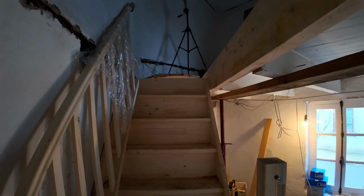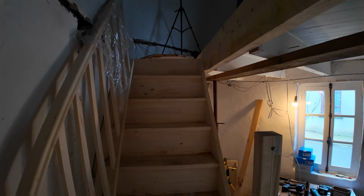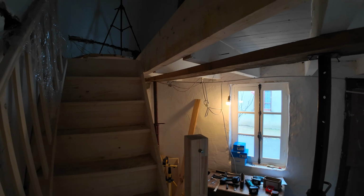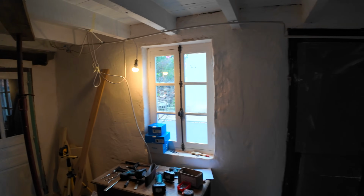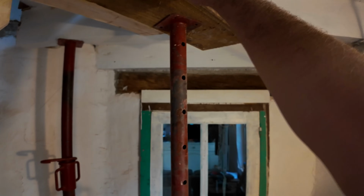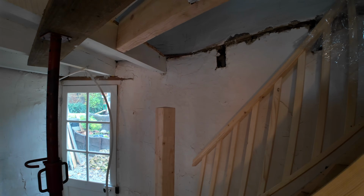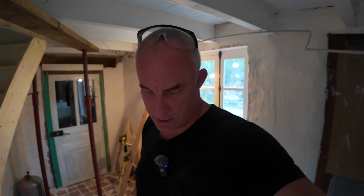Later on. I have ideas how to solve it, but the stairs is basically standing and it is secured to the beam, and the beam is secured to this beam, and at the moment supported by one post over there. I'm going to remove these temporary posts right now because everything is sitting. So let me just get these temporary posts away and that slab of wood, and then tidy up a little bit. It's already at the end of the day, and I really need some relaxation because lifting this beam about 20-25 times,